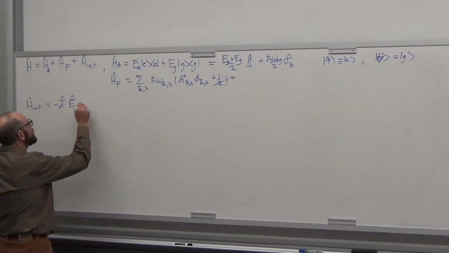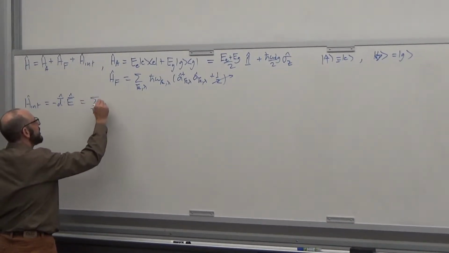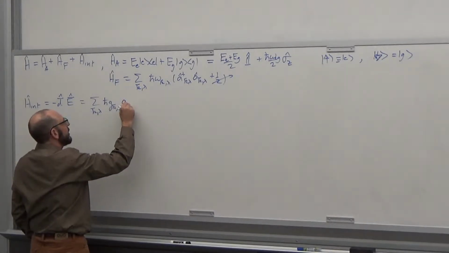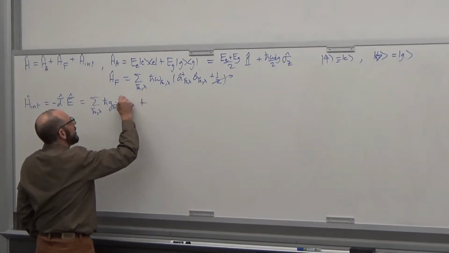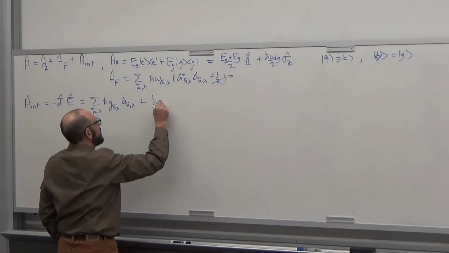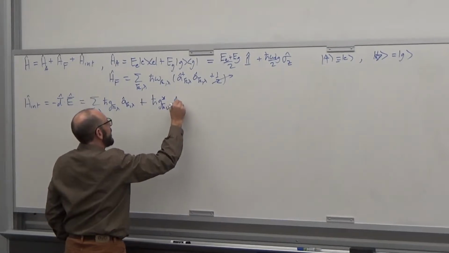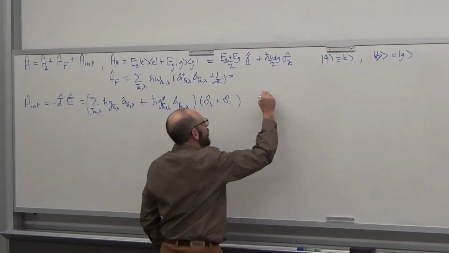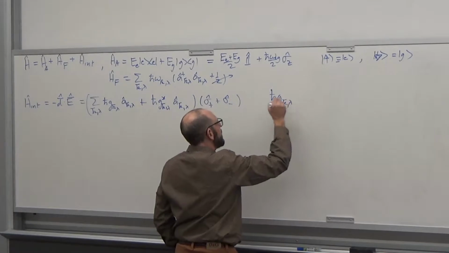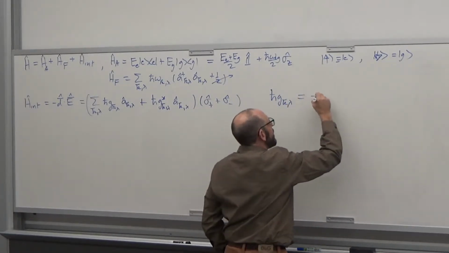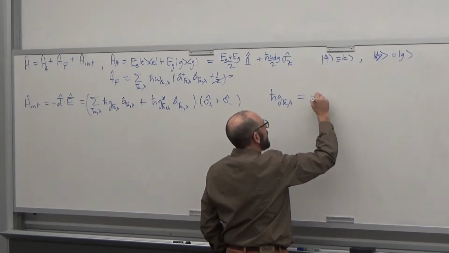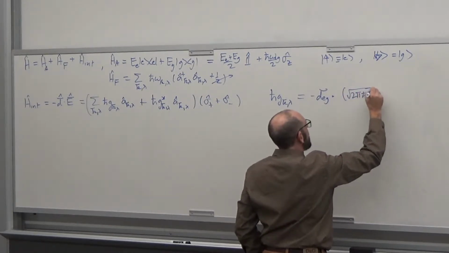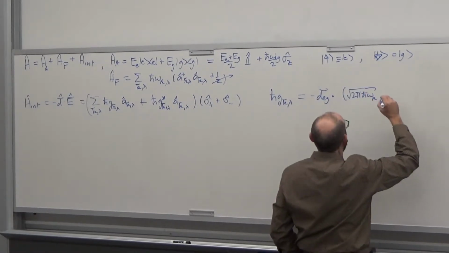then this is equal to the sum over the modes, h bar, something we call G, a_k sigma plus, plus h bar G star a dagger sigma minus, where we define this coupling constant, a frequency G, as the electric field dotted in, so it's d_eg dotted into the electric field of the single photon. Well, it's actually a factor of 2 off, but